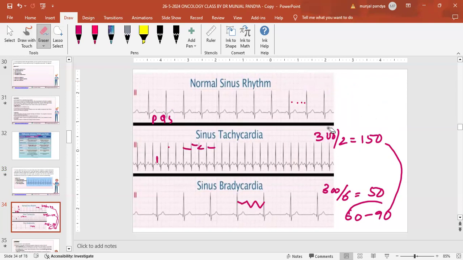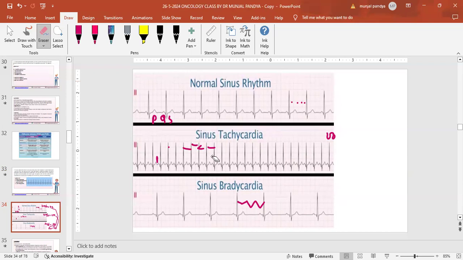So here there is nothing abnormal, just sinus tachycardia. So the answer is sinus tachycardia. The two most common reasons across the globe for sinus tachycardia are dehydration and fever. In a dehydrated patient, the heart pumps fast. With fever, the SA node generates impulses faster. There are a lot of reasons, but these are the two most common.